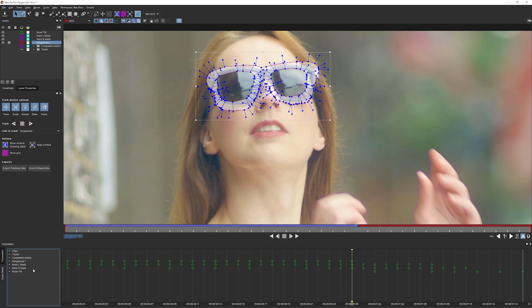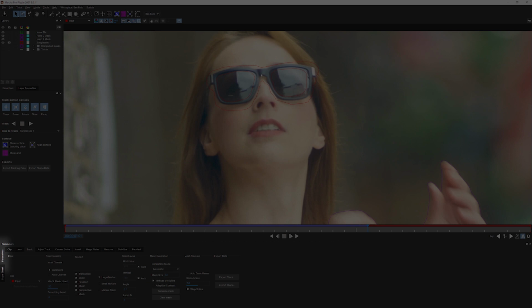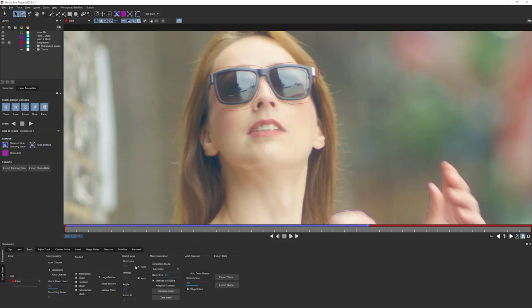But I like to keep this as simple as possible. The dope sheet is where I'll get rid of bad tracking information. Let's go into the parameters another time here. I want to change up maybe some of the search area, maybe the angle a little bit, to see if that's going to help bring in better tracking. And I can turn up my minimum percentage of pixels used. This is how many pixels Mocha is looking for between the frames. Let's see if this one helps.